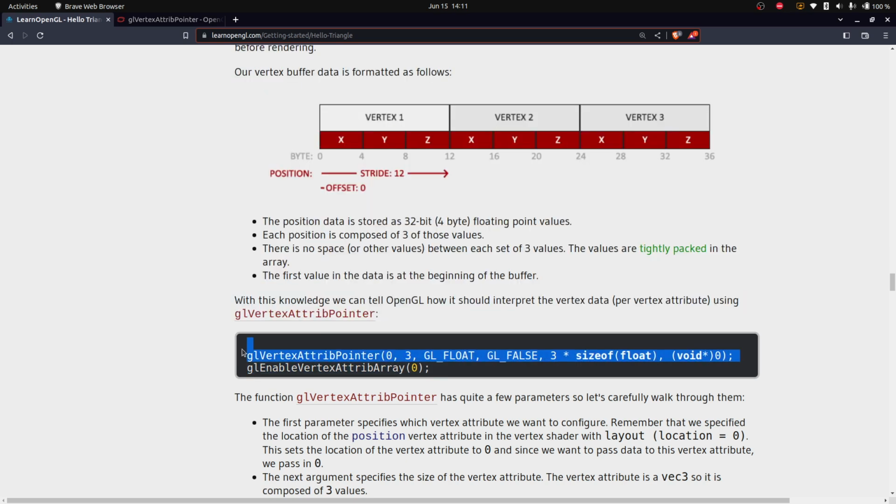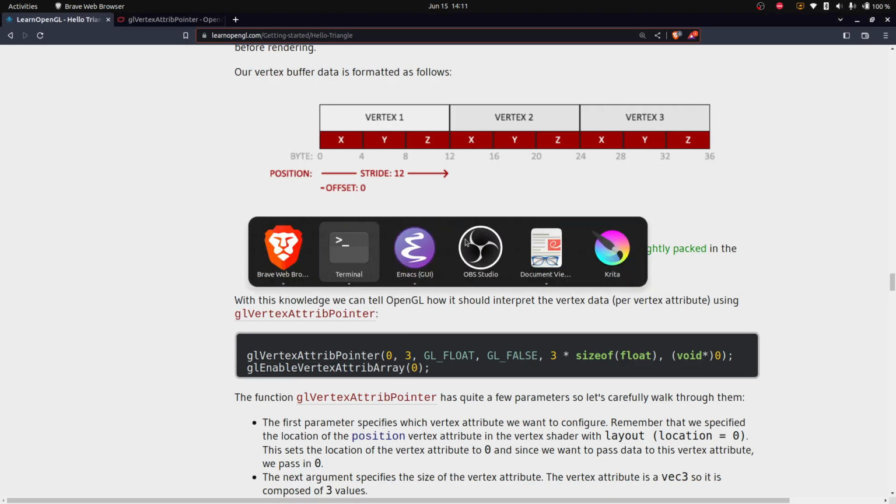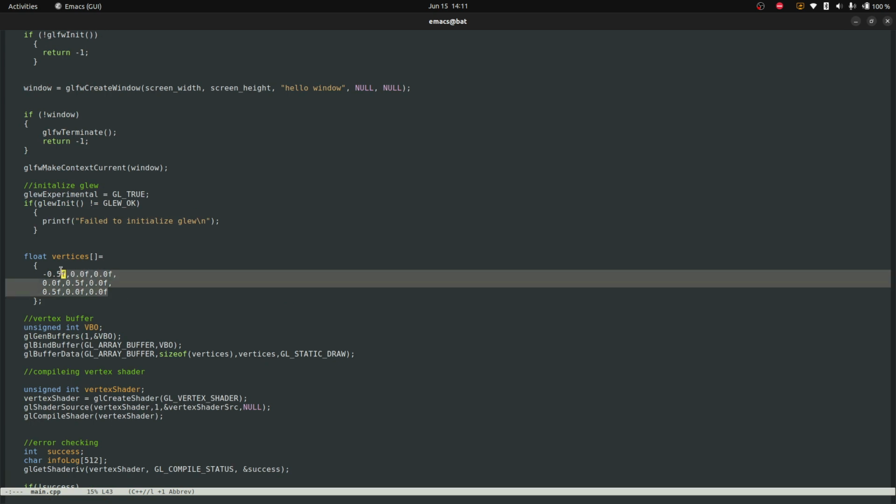So now, how should I start this? So you have a vertex buffer that you pass on to the GPU. The vertex buffer consists of that array, the vertices that you have passed. So that vertex buffer consists of these values. These are the vertex positions for the triangle. So now, what problem arises is that